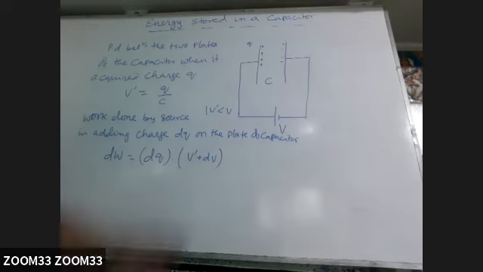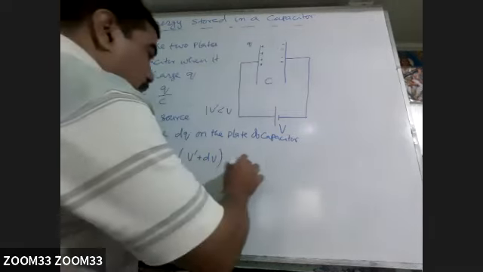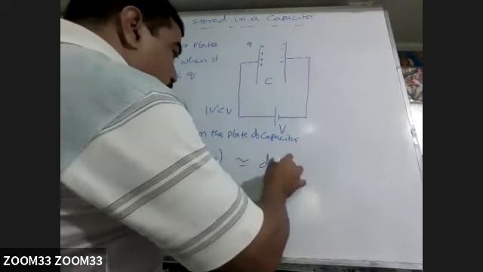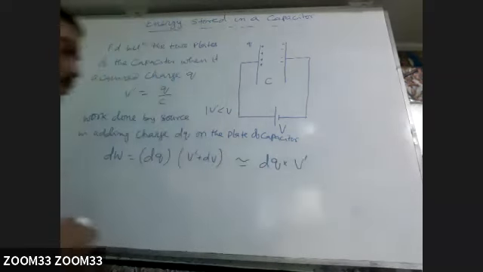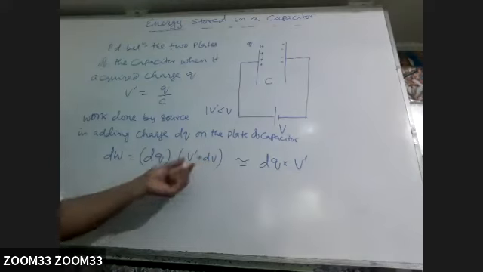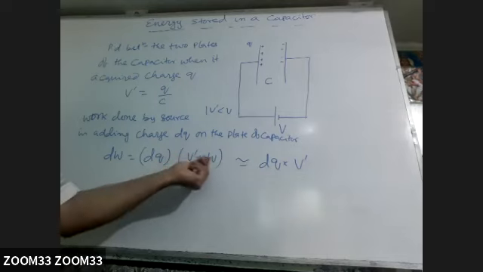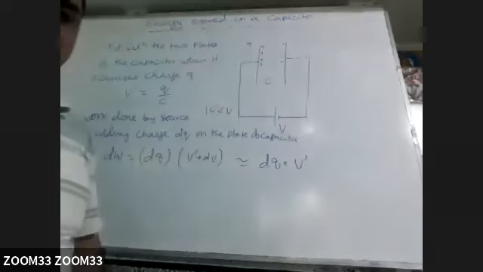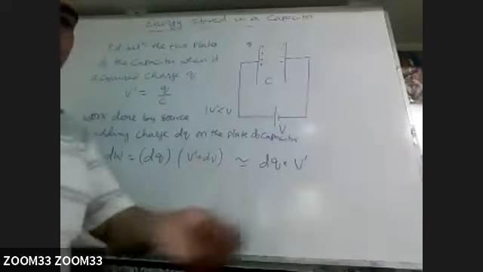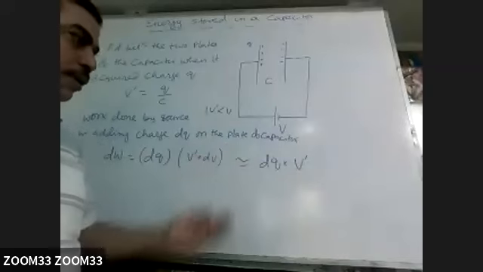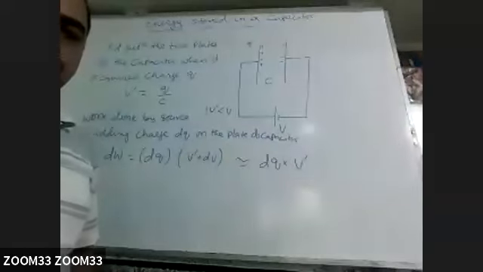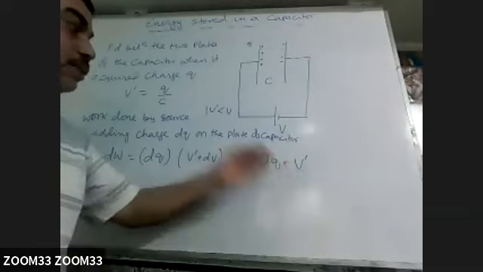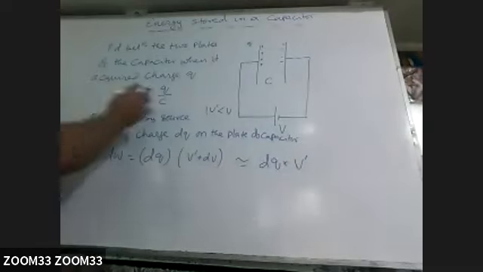The charge into the potential difference will not change much. So this is approximately dq into V dash only. We are adding something: suppose here it is 2 volt, and here we are adding 0.00000001 volt. So there is no effect. 2 volt and 2 plus something negligible. So this will be dq into V dash. In place of V dash, we can write Q over C.